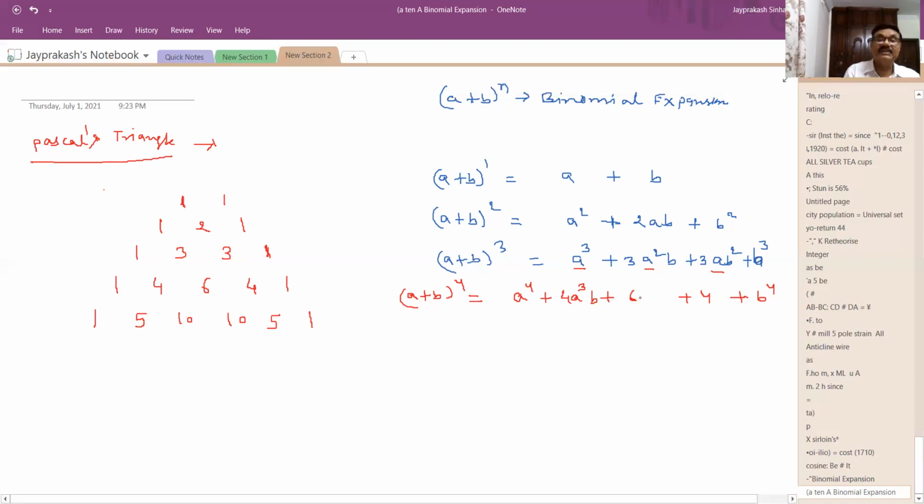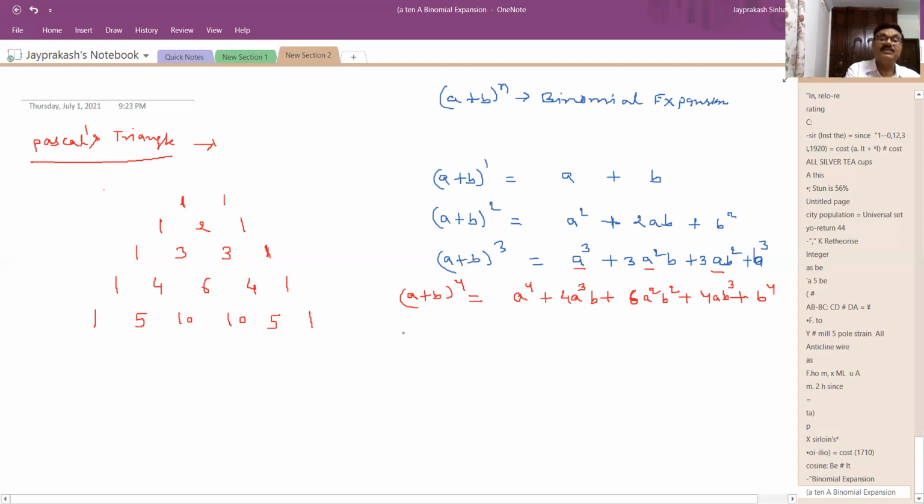So here the coefficient is already 6, we have taken 6, and the power of a will be reduced by 1, so it will be a square, and the power of b will be increased by 1, it will be b square. Similarly here the power of a will be reduced by 1, that will be a to the power 1, meaning a, and the power of b will be increased by 1, so that will become 4ab cube. So now you have already written the expansion of (a + b) to the power 4 without multiplying. So this is the very easy method.